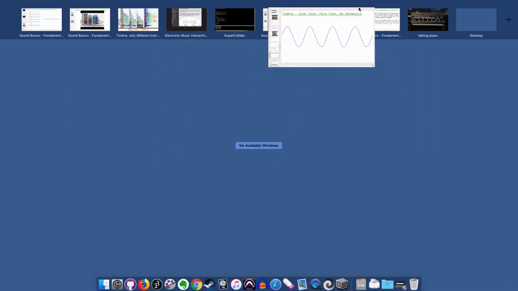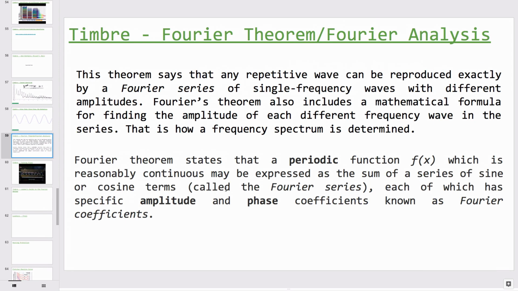So that brings me to Joseph Fourier, Jean-Baptiste Joseph Fourier. He developed what we call the Fourier theorem. Basically, he postulated that you can take a complex sound and break it down into individual sinusoidal parts. So you can create a bunch of sine waves that don't have any spectral energy, don't have any harmonic energy,